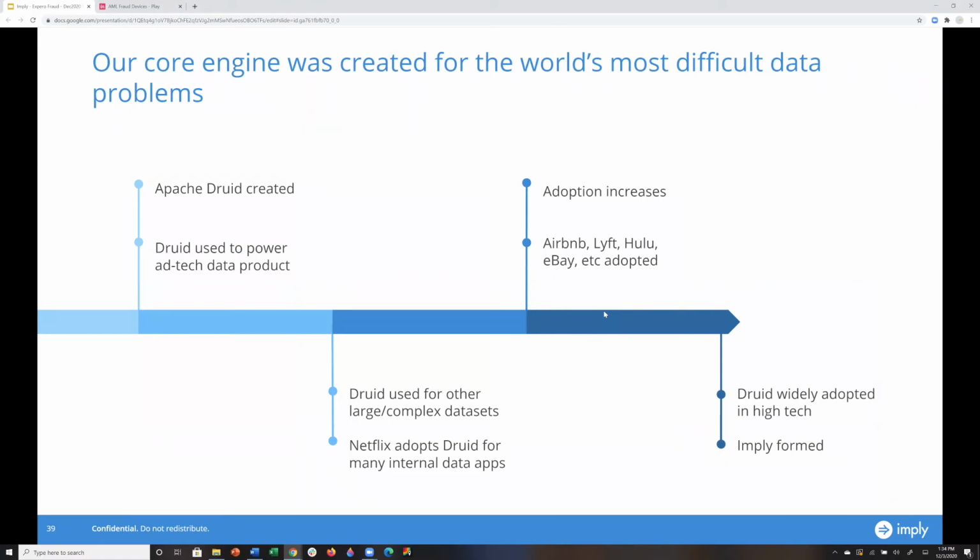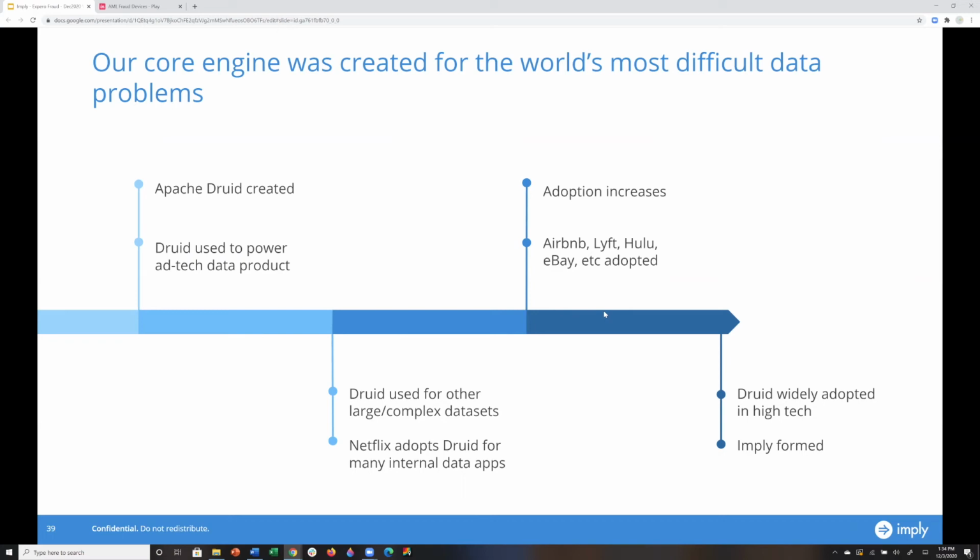So essentially, with Apache Druid, I mentioned earlier, which was created by our founders at Meta Markets, which is now part of Snapchat. They created Apache Druid, and this was to solve their problem of speed and scale. They were reaching the point of having 2 petabytes of data set, and their analysts were wanting to access the data at the sub-second level. And so they tried a lot of different technology back then, but nothing worked for them. And so they created Apache Druid. And so AdTech is the very first use case that Apache Druid actually solved.